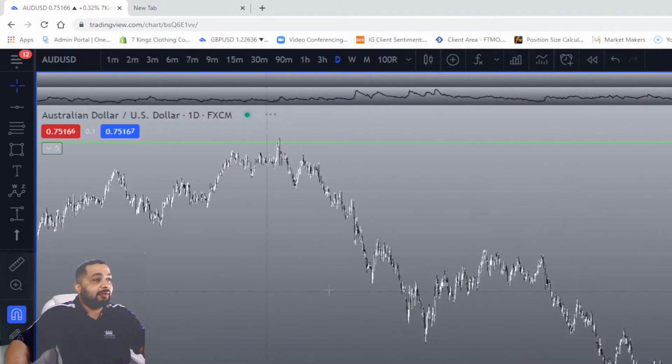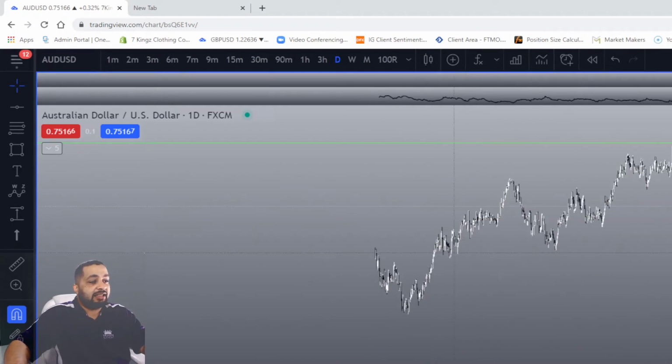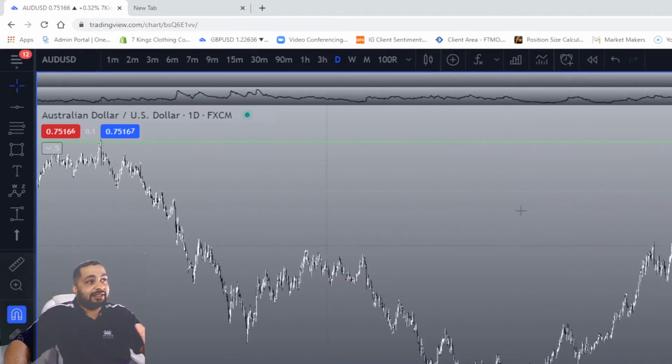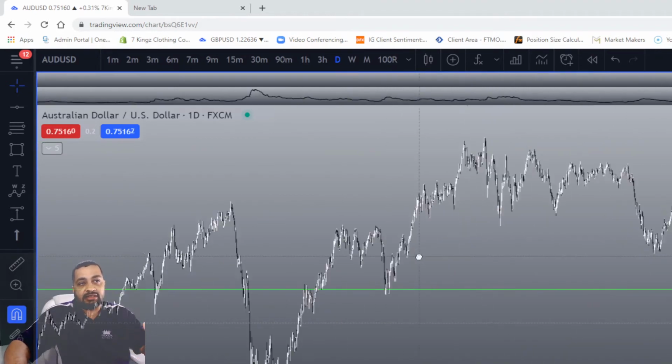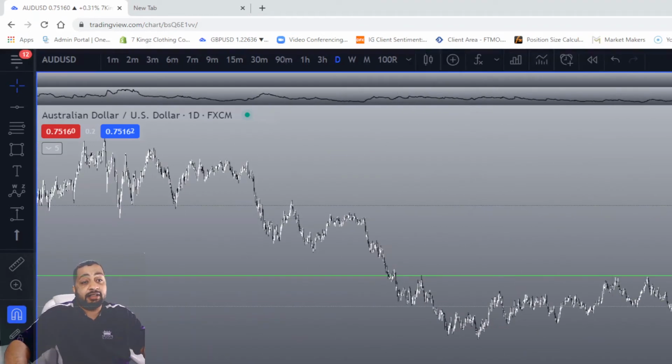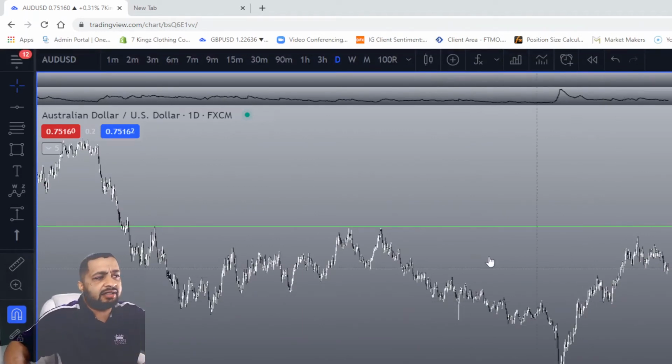See how far we could go back. 11. So, a lot of touches, right? So, it's got to be an important level, and so you have to trade it. Now granted, there's got to be correlation, I'm sure, of other trend lines, and so you got to put some